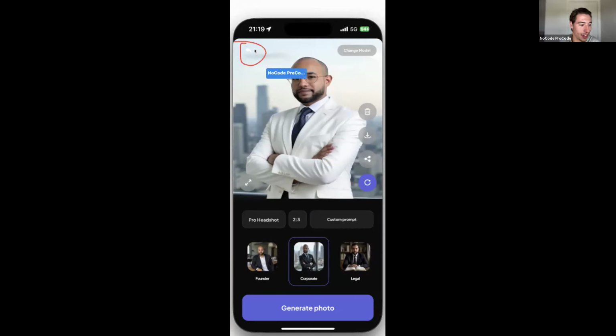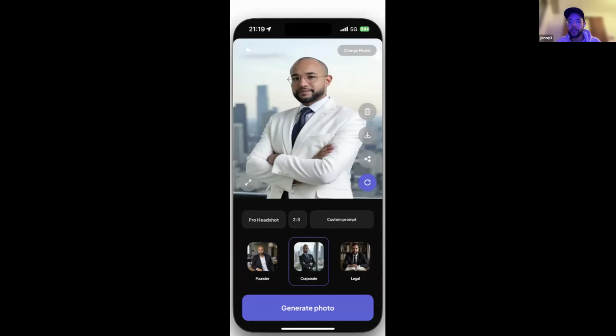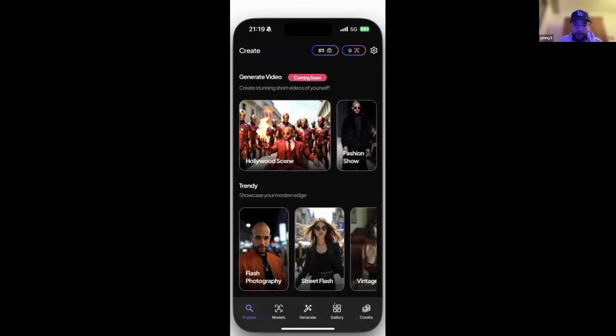What happens if I go back? How does navigation work in your application? You just go back to the home page, and if you re-click on generate, you have the last photo that you generated. If I want to change that, how can I see the past ones that we generated? How can I see the history? Yeah, so you have a gallery. If you come here,